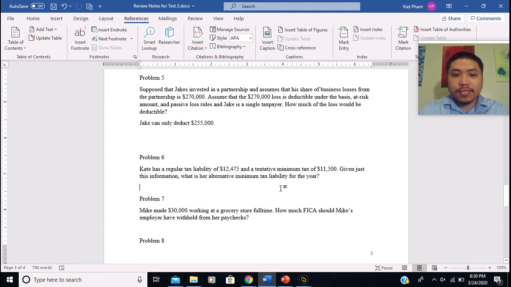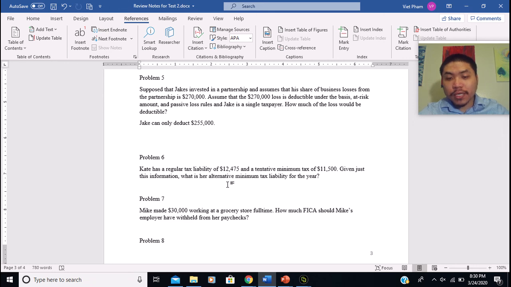So in this case, we know that Kate's tentative minimum tax is $11,500, and her regular tax is $12,475, right? So meaning her tentative minimum tax is lower than her regular tax, right? So in this case, she doesn't have to pay any